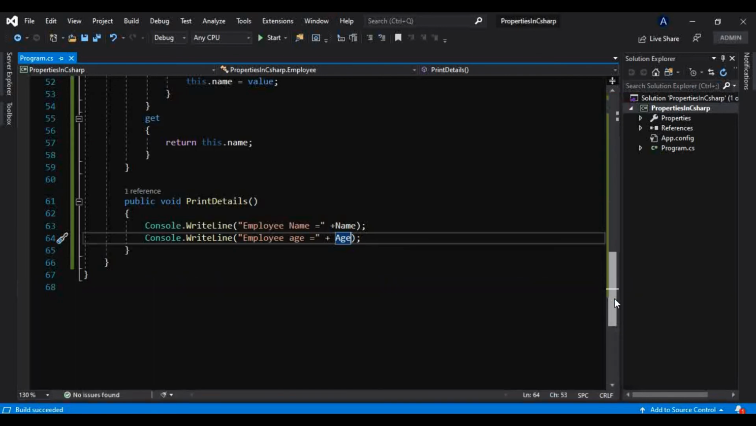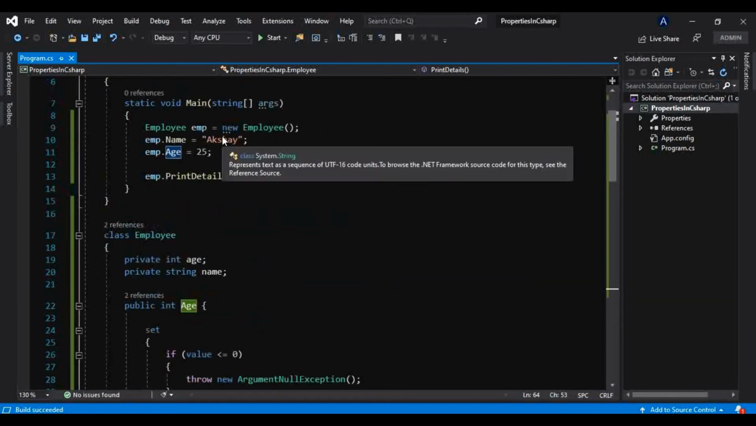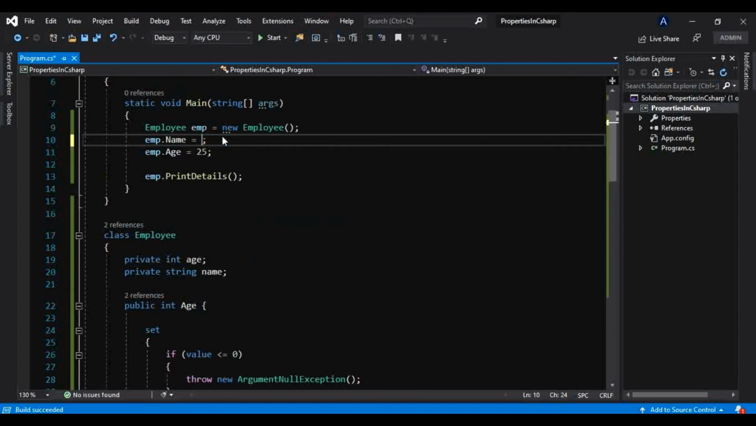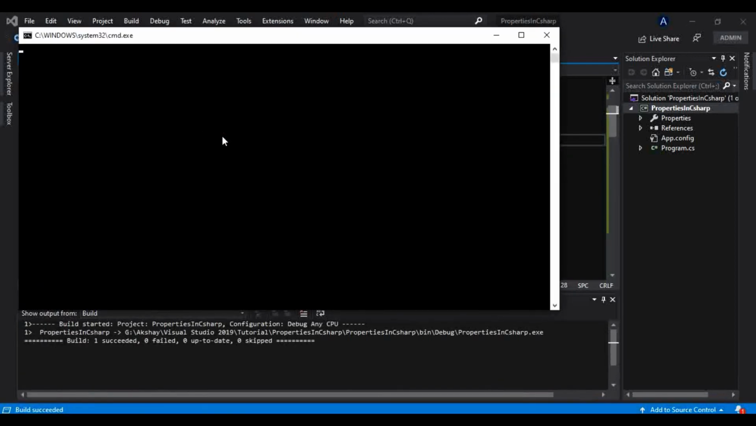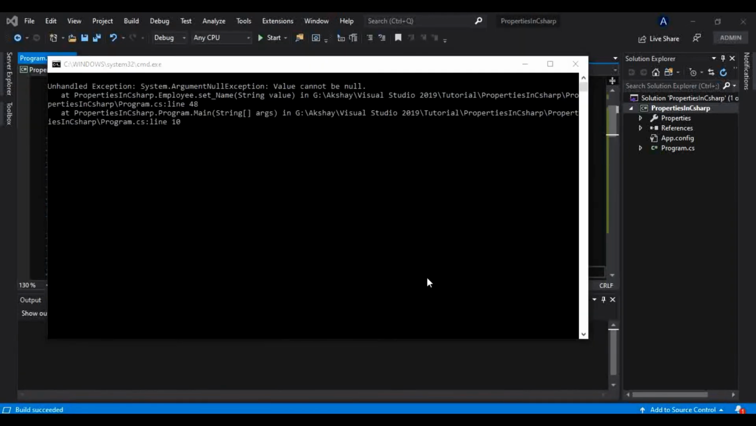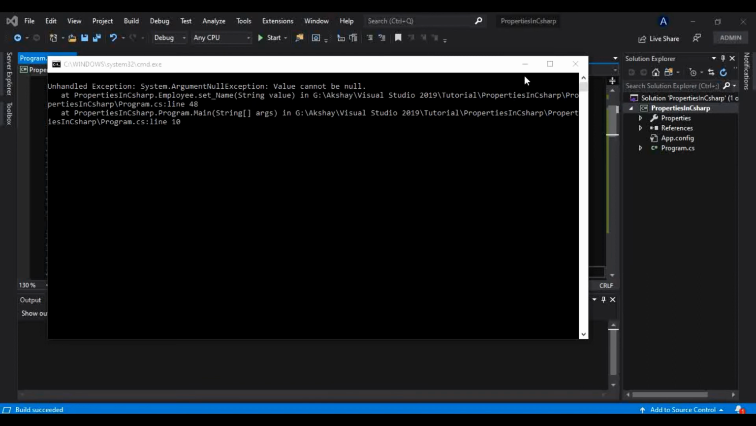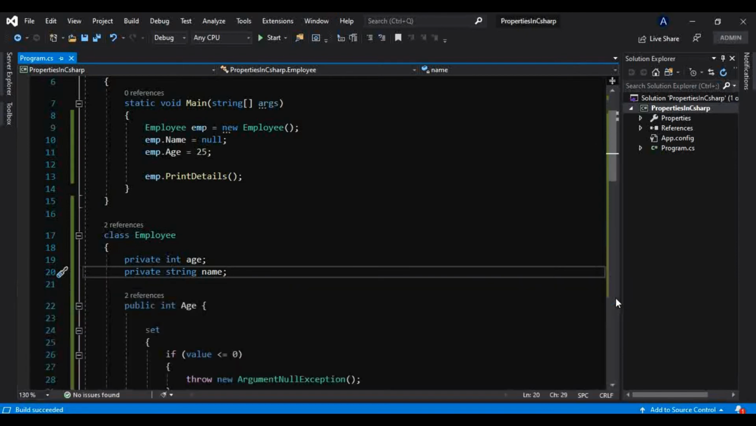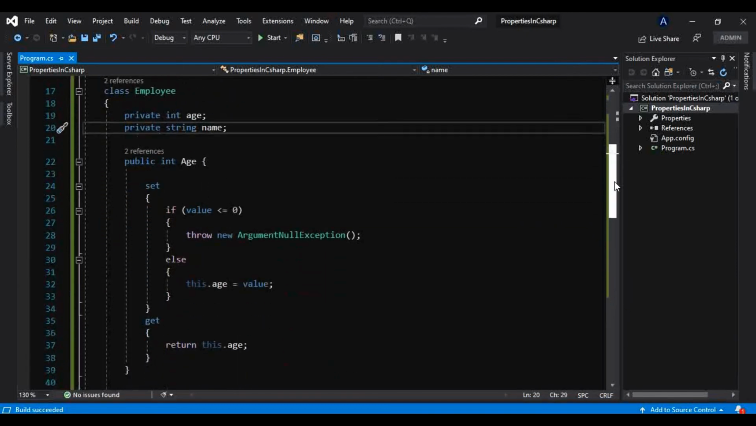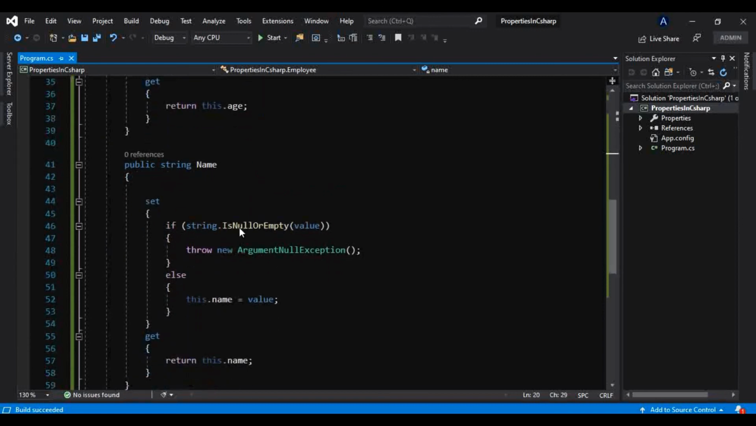And now what if I store a wrong value? Let's say I give null to this string here, that is name, and if I run, okay, so it is giving an exception, that is argument null exception. Value cannot be null, so it is throwing an exception. What we have thrown in this property is in the set accessor. Okay, like this. The user has set this null value which is coming in this value, so we have thrown that